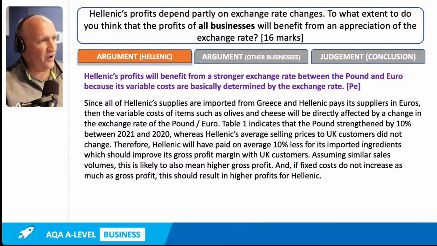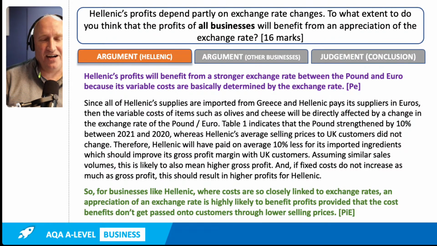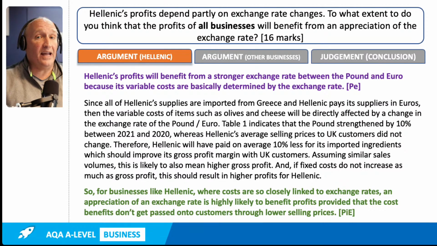You don't have to, but I've just included, let me get it on screen, I've got 5 different devices here I'm using. Okay, I've included a slice of PIE, a PIE sentence, a bit of evaluation. You don't have to, but I think it's a good strategy for 16 marks and above to go back to the evaluation hook and just do a bit of an evaluation sentence.